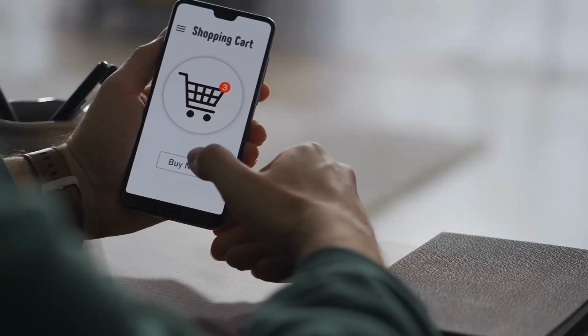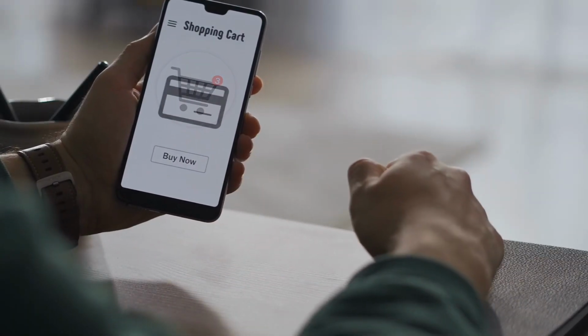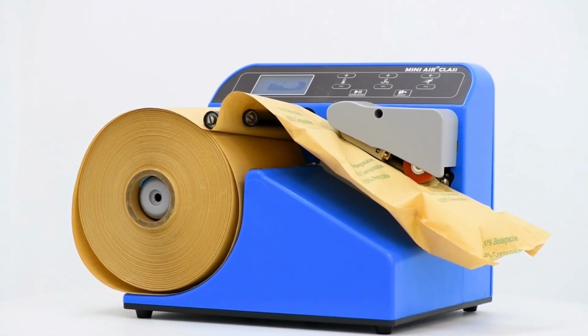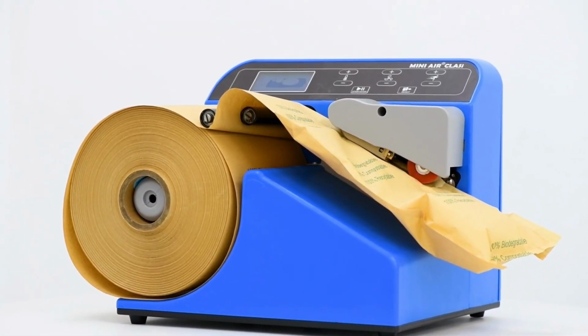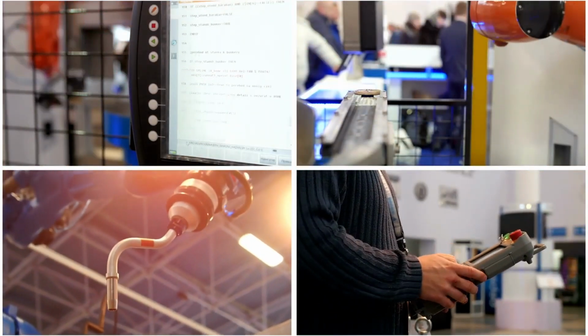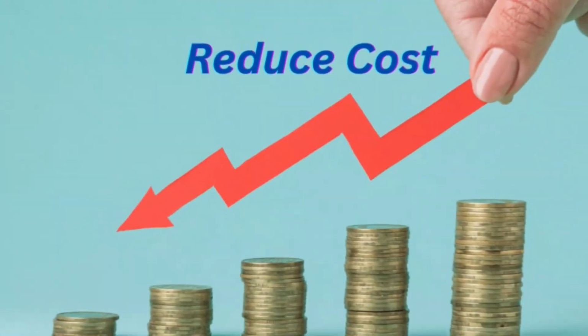With the growing e-commerce market, businesses need reliable packaging solutions, making this machine an essential investment for online sellers and logistics companies. These game-changing business machines offer innovative solutions for various industries, helping entrepreneurs boost productivity, reduce costs, and scale